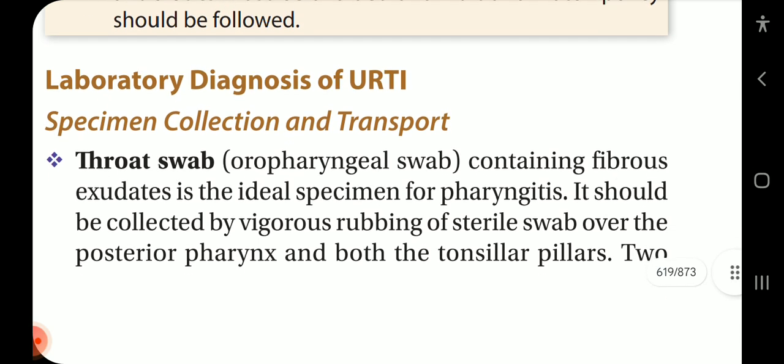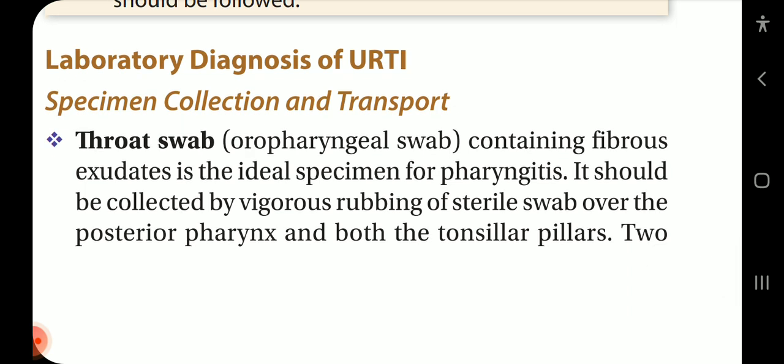Now, lab diagnosis of URTI, specimen collection and transport. Throat swab: an oropharyngeal swab containing fibrous exudates is the ideal specimen for pharyngitis. It should be collected by vigorous rubbing of a sterile swab over the posterior pharynx and both the